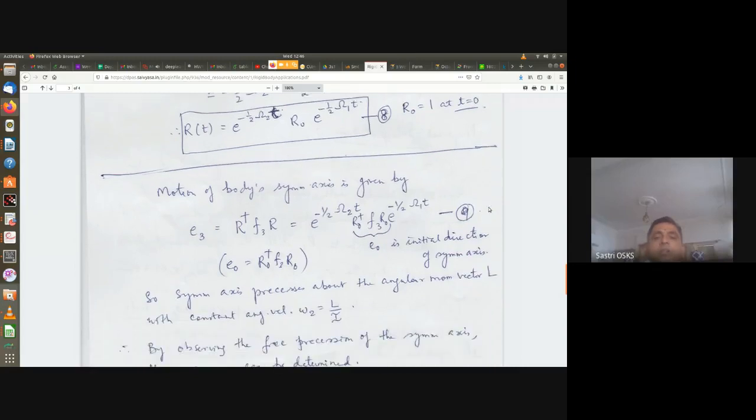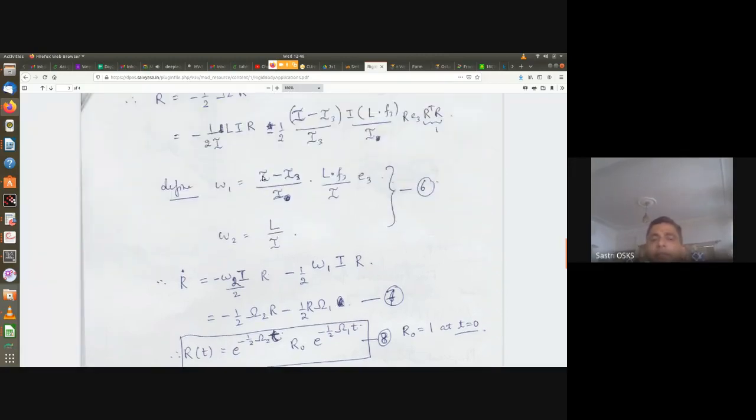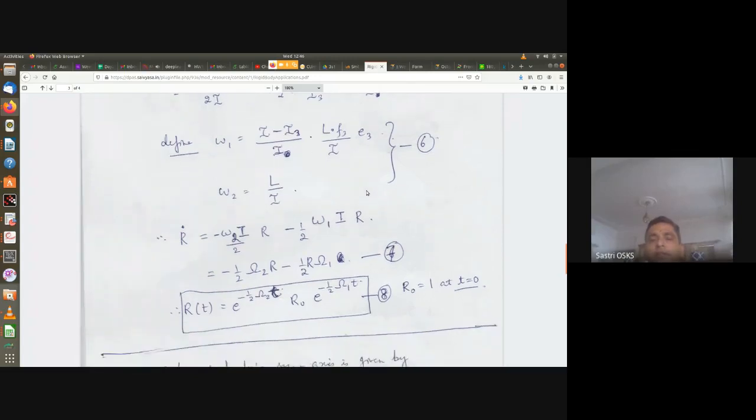So the motion of the body symmetric axis now will be given by, I hope you all got this, this R can be taken out. So you get minus half times omega 2 minus omega 1. See, yesterday we discussed constant angular velocity, right? Same problem actually. Only thing is, here also there are constants, because this is basically the moment of inertia. Moment of inertia of the body won't change, and the angular momentum is constant. That's what I told, because torque is not there, right? So that's why this whole thing is a constant, and similarly this also is a constant. And we also chose E3 along this omega 1. And that's what makes it interesting.